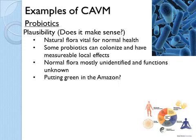One MD who's a specialist in infectious disease, who I've quoted before, Dr. Mark Crispin, puts it this way. Some ways of looking at probiotic therapy make it sound like you can balance the ecology of the gut by adding a few spoonfuls of yogurt or a little packet of microorganisms. And to some extent, given how large and complex the gut ecology is, that's a little bit analogous to saying that you can sort of rebalance the ecosystem of the Amazon rainforest by planting a putting green in the middle of it. There are some claims under this probiotic approach that have some problems from the point of view of